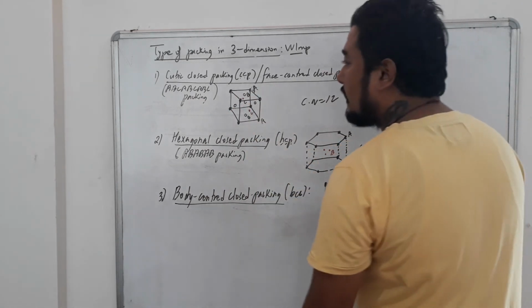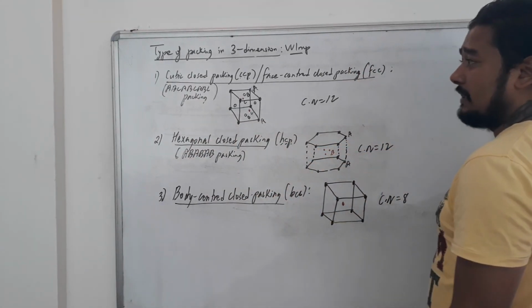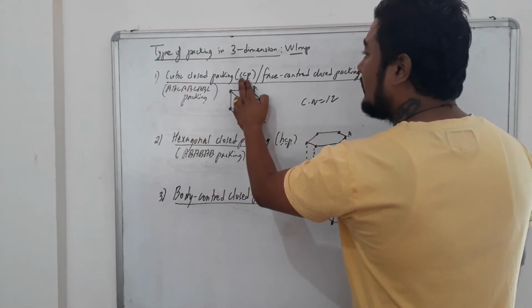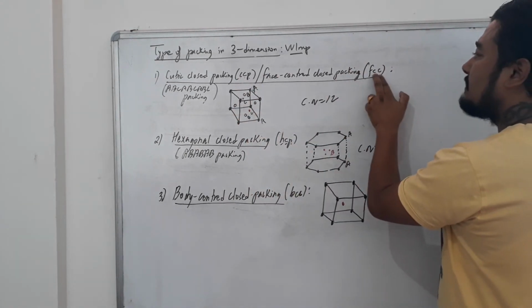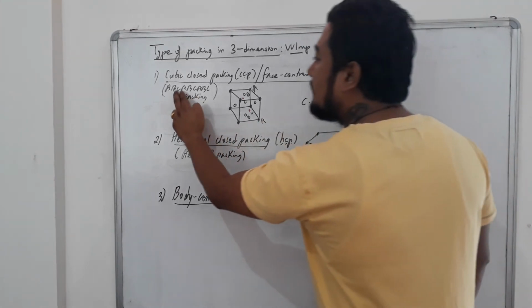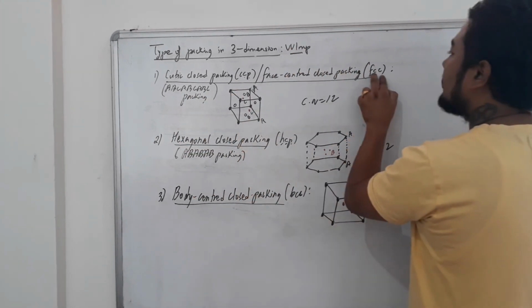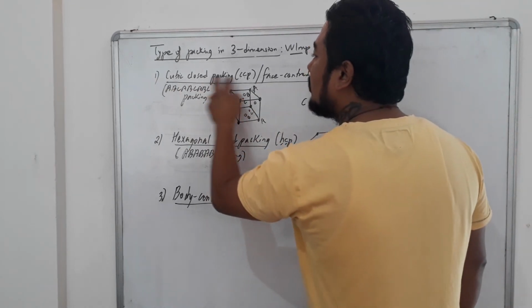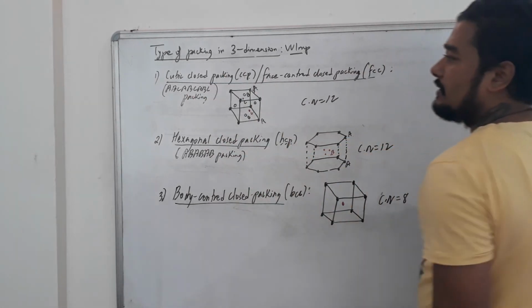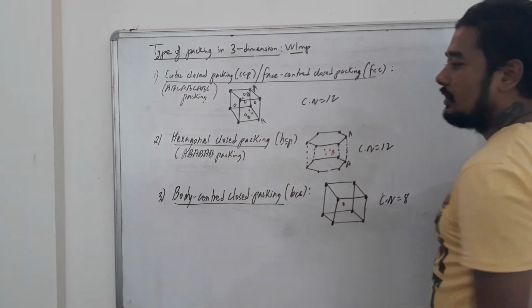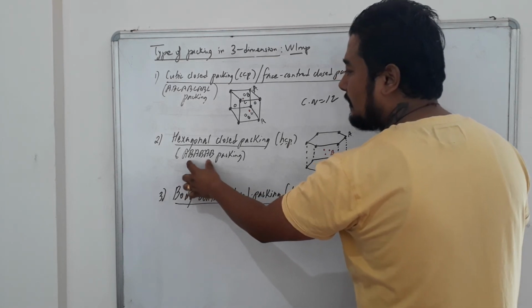Now the confusion arises like this: which was ABC and which was AB packing. Now you can see here, in CCP there is maximum number of C. In FCC also there is maximum number of C. So in ABC also there is maximum number of C. So do remember, CCP, FCC is ABC because there are so many C's as you can see in these two. Whereas in HCP there is only one C, therefore there is no C out here, so it's AB packing.